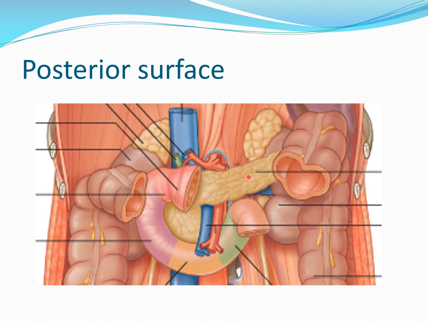What comes posteriorly? Aorta with superior mesenteric artery. This part is the aorta and its branch, the superior mesenteric artery. Left crus of the diaphragm, left suprarenal gland, this one is the kidney, and this one is the left suprarenal gland, and this one is the left crus of the diaphragm. So left crus of the diaphragm, left suprarenal gland, left kidney, and left renal vessels, and splenic vein.